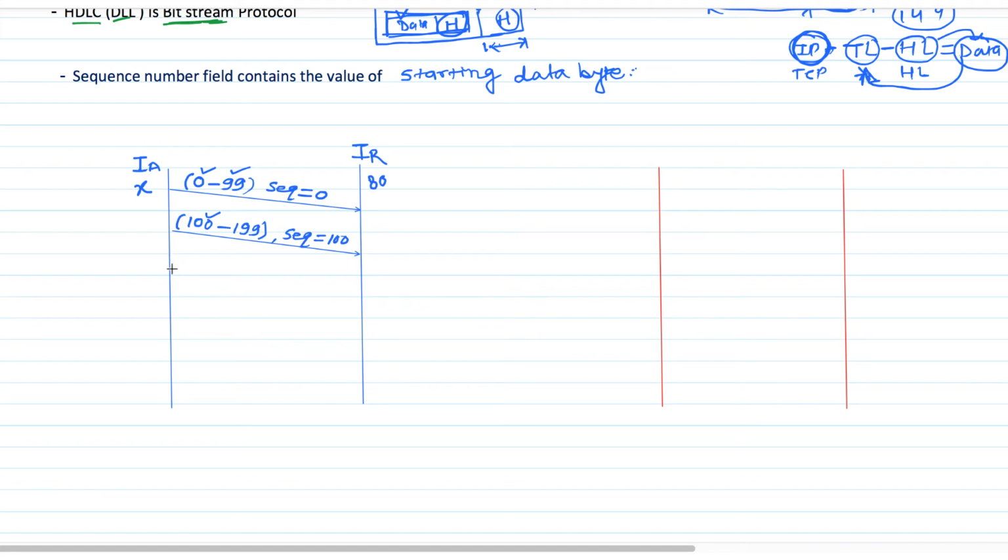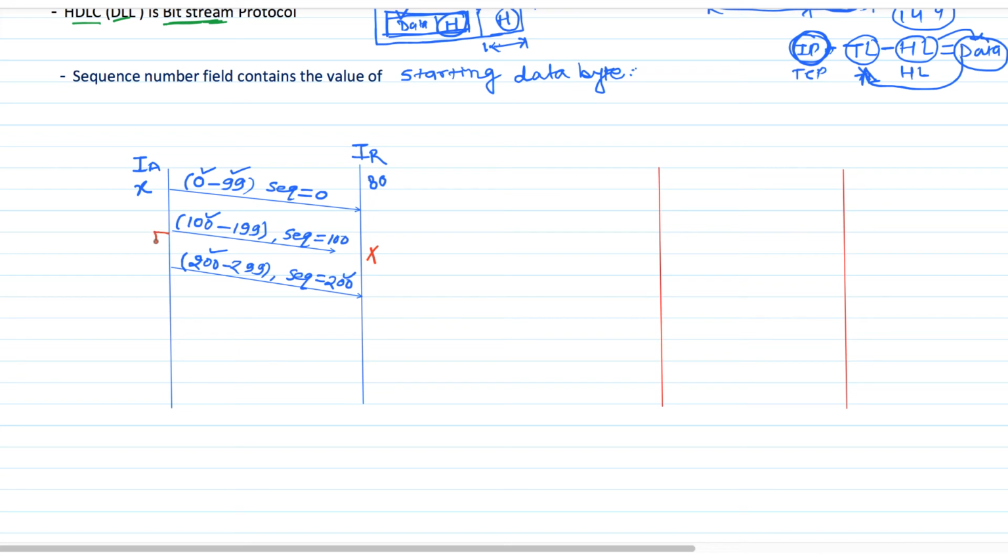Same way, if it is going to send another 100 bytes, from sequence number 200 to 299, then it is going to mention 200 in the sequence number field, because the sequence number always contains the sequence number of the first data byte. Suppose this byte stream is lost somewhere and didn't reach the receiver.